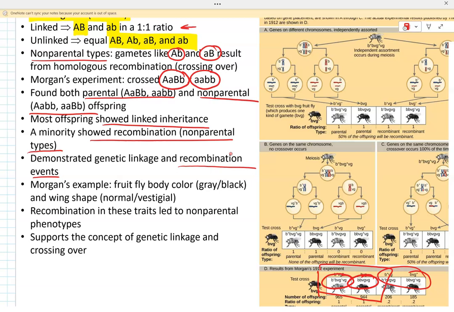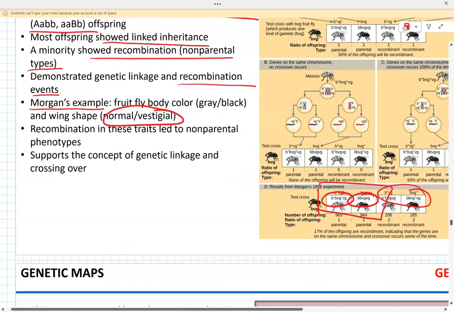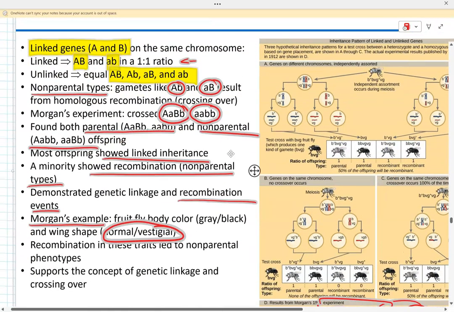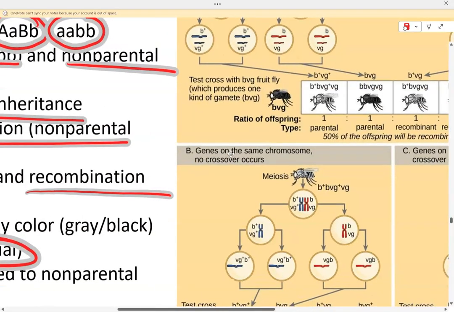So in Morgan's experiments, he worked on two traits: the body color, B plus versus B, and the wing shape, normal versus vestigial. So when these traits did not recombine, so for instance, he was doing a test cross, okay, and if you look at this,